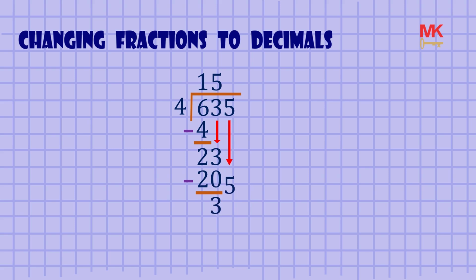We bring down the next digit to form 35. So 4 divides into 35 about 8 times. We put the 8 above the 5, and 8 times 4 gives 32, which subtracts to give 3 as a